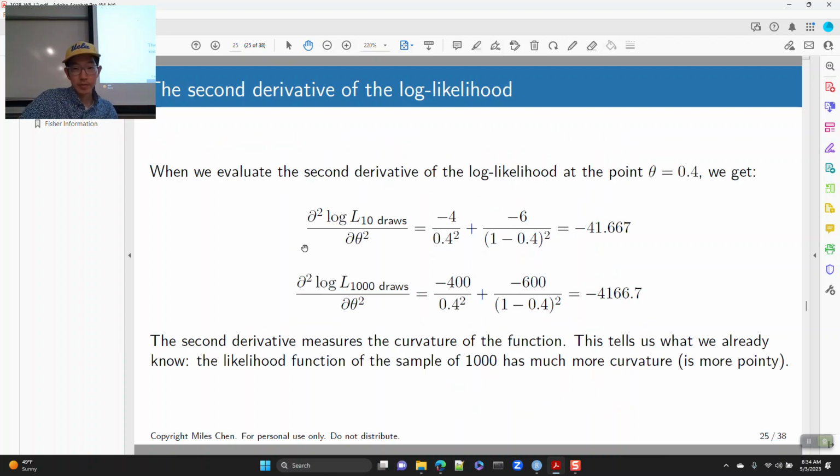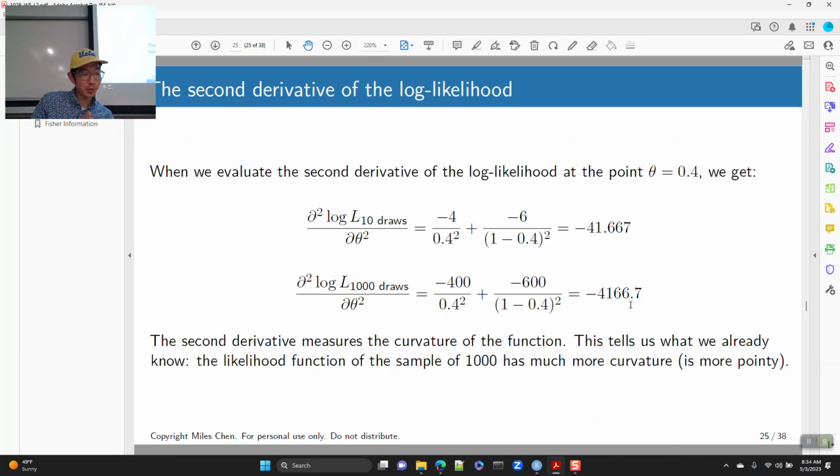And if we were to plug in our estimated theta value of 0.4 into each of these, the value I get here is negative 41.667, and over here I get 100 times that, negative 4,166.7, okay? And so the second derivative, which measures the curvature, says we have 100 times more curvature here,